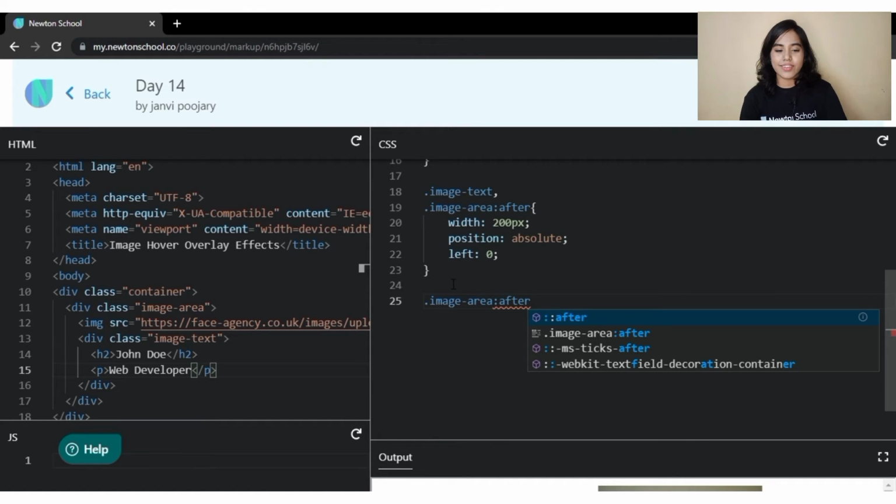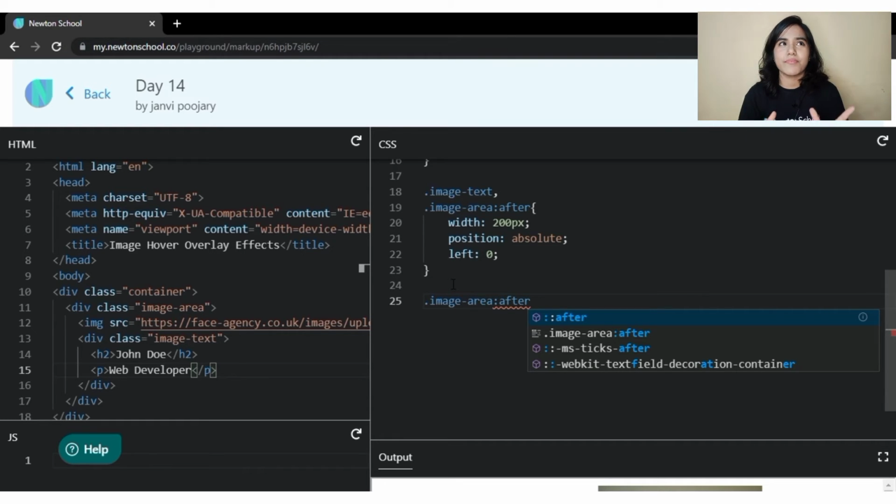Why are we doing this? Because it should be on the bottom side and we are defining its width. What we will do is make something like a gradient come up from the bottom and there we will place our text, and it should only come up whenever somebody hovers on the image. So that is the intention behind making this whole thing. So for that reason, let's see how to make it.